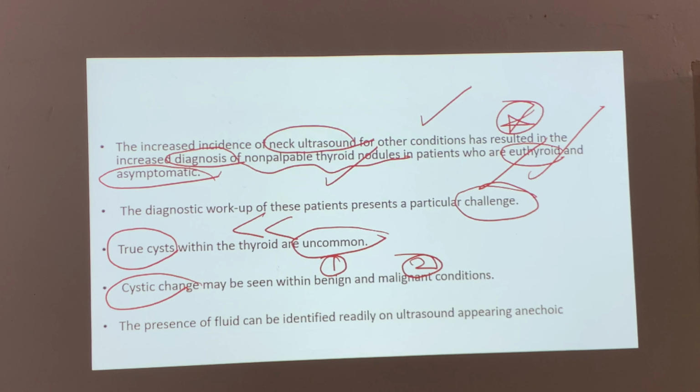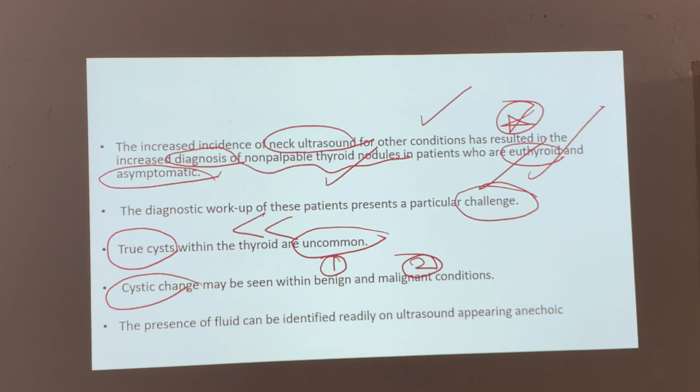The presence of fluid in this particular cyst on ultrasound is anechoic. This one word is used by the author to describe the ultrasound appearance of fluid in the cyst. It is not going to produce any echo. The phenomenon of posterior enhancement will be present, which is seen as a band of increased reflectivity behind the fluid-containing structure. The morphology of a cyst is better demonstrated with ultrasound than with CT or MRI.